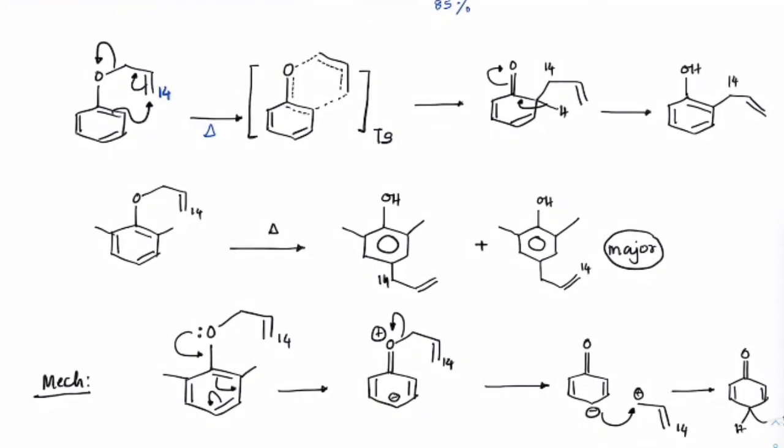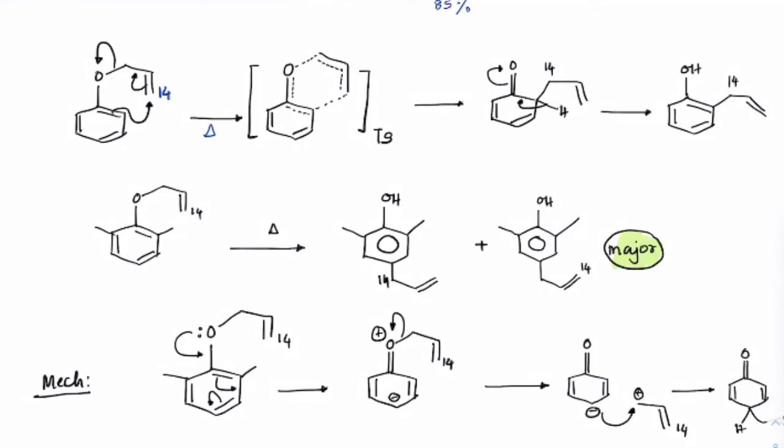We have seen one of the cases here yesterday, that in case we have two methyl groups already filled, then the chance would be more for the para position only, so it has to go for the para position. We have seen both can be formed, carbon 14 can come here, carbon 14 can come here at the terminal position, and it has been found that this carbon is the one which is attaching to the para position, so this carbon is the one attaching here, and that has become the major product as compared to this carbon connecting here.